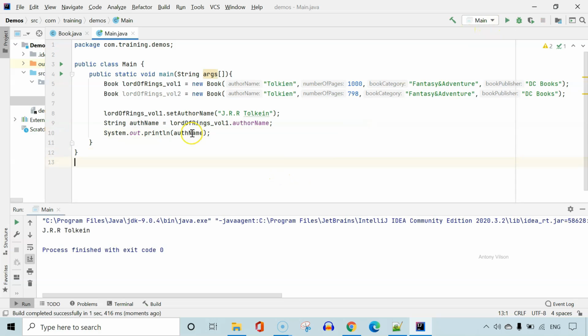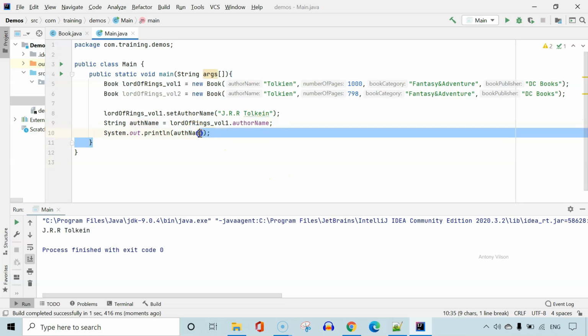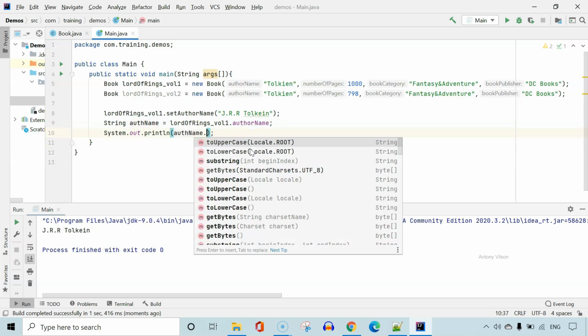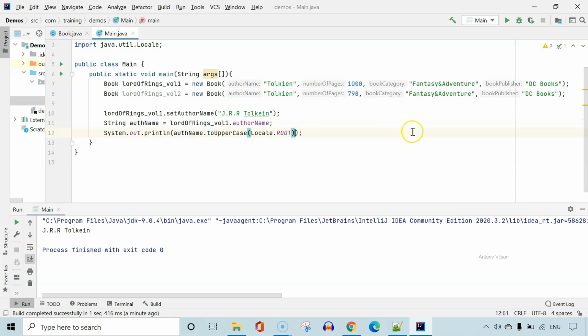Yeah. Now author name is a string object. String is also an object in Java. That means all the string methods are accessible to this variable. Let's see. Dot toUpperCase. toUpperCase is a string method which converts all the characters into uppercase.